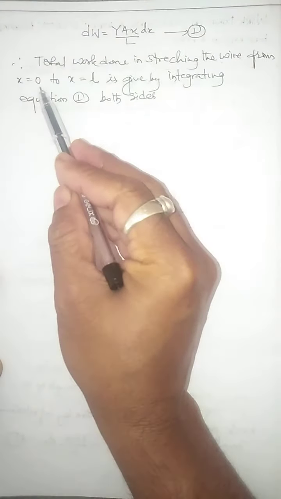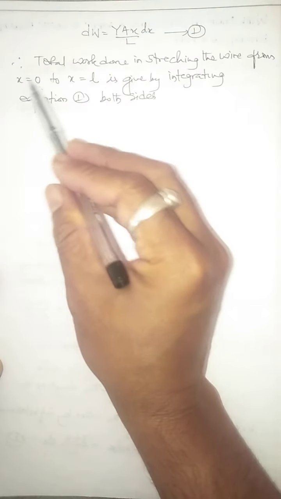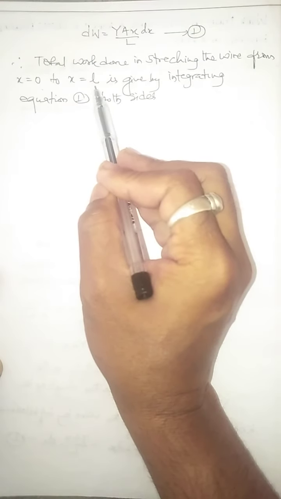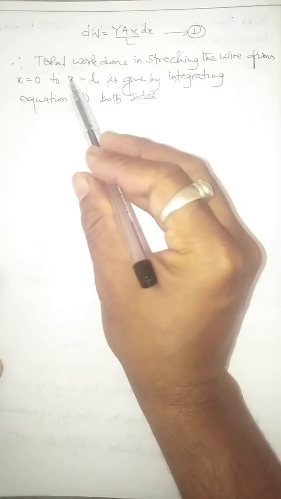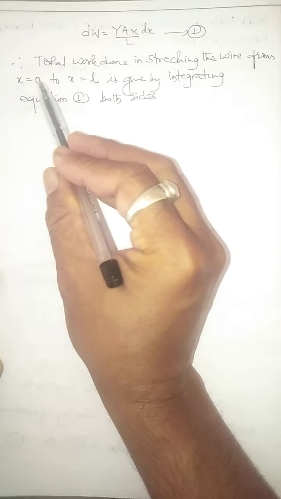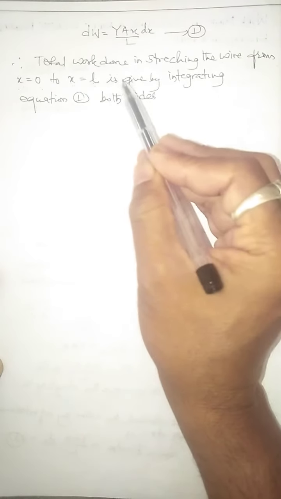Now to calculate the total work done, children, in stretching the wire from x equals 0, when x is 0 means there is no elongation of the wire. But if you increase the wire length from x equals 0 to x equals L, I consider small l as the length by which the wire is increased. That means x is the variable which changes from x equals 0 to x equals L. It's always given by,